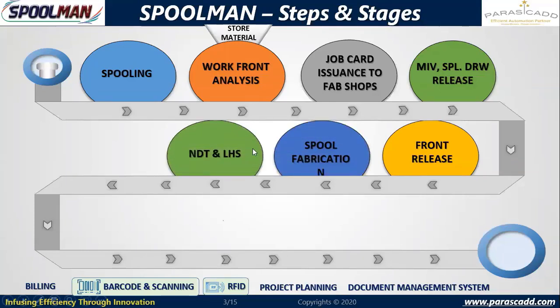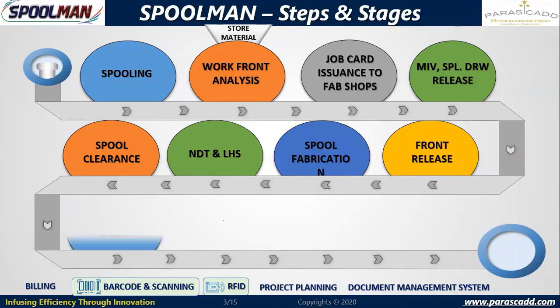Then as part of the spool fabrication, I will go with production activities and NDT, and parallelly the line history sheet is an outcome. I enter my progress at the fit up level, welding level, NDT level, PWHT, hardness inspection. Parallelly the line history sheet will be automatically building up, and I can extract this line history sheet at any point of time. And once the spool is fabricated, there will be spool clearance. So we ensure everything along with the dimensional check, and the spool clearance is done. Once the spool is cleared, it can move out of my fabrication shop to the next level.